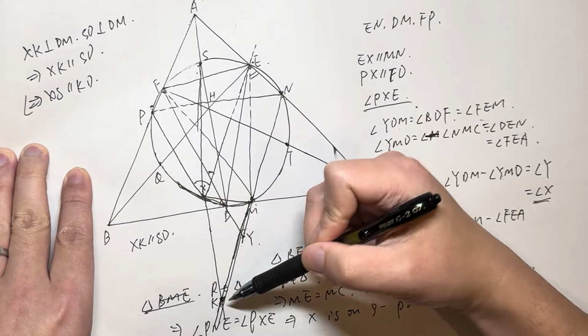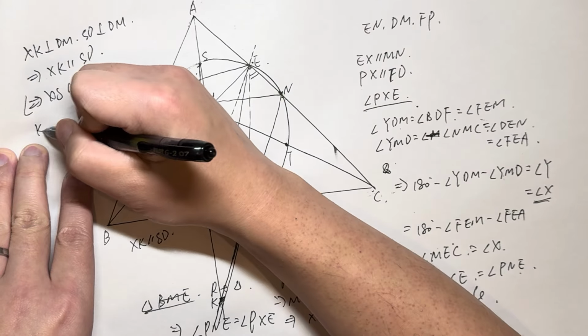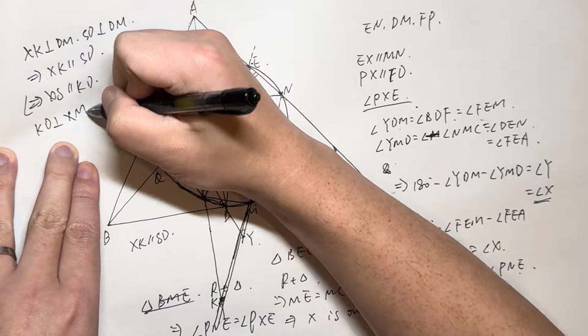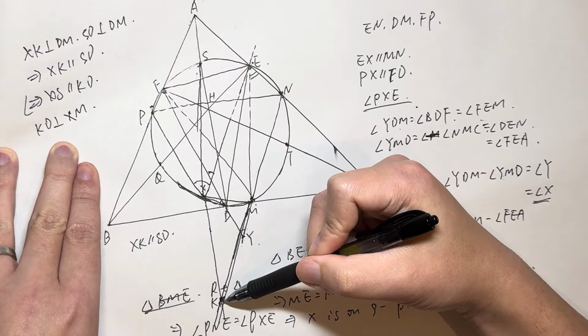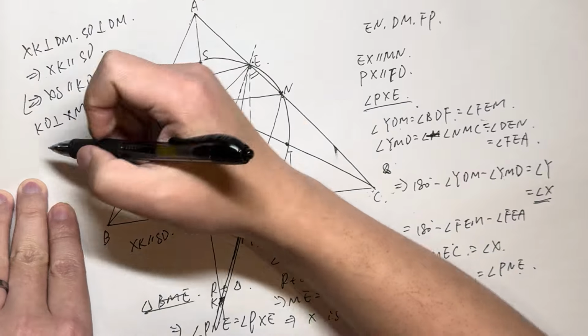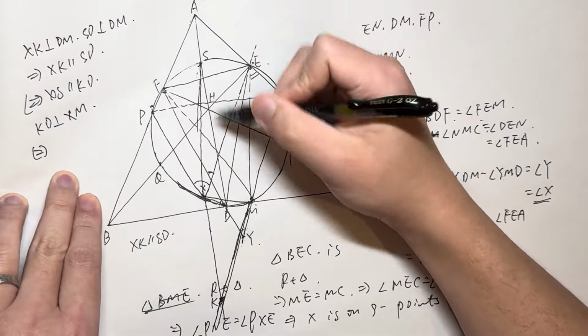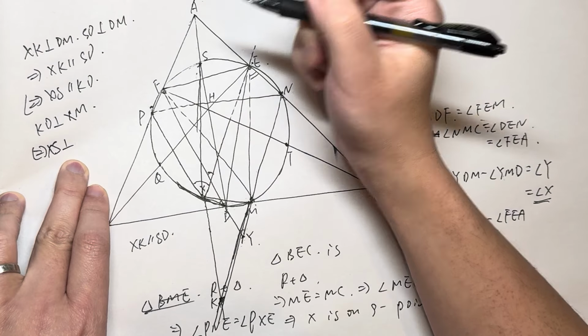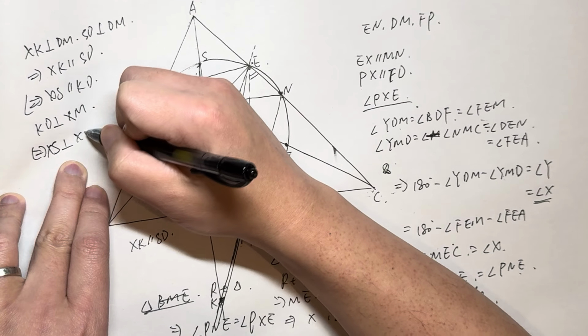And we already know that KD is perpendicular with XM, right? Because K is also the orthocenter. So KD is perpendicular to XM. Then we just need to prove XS is perpendicular to XM,